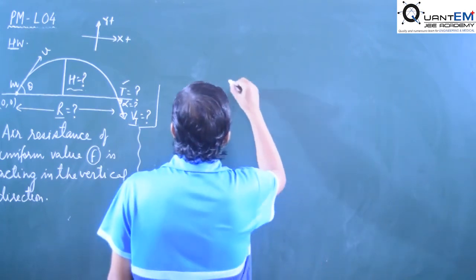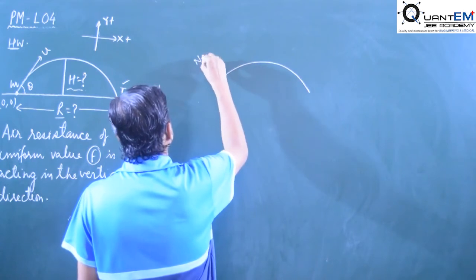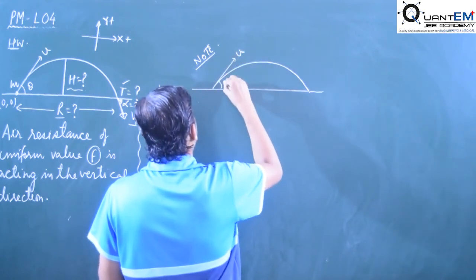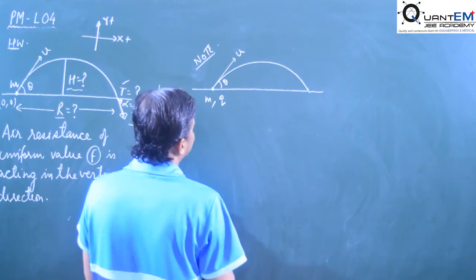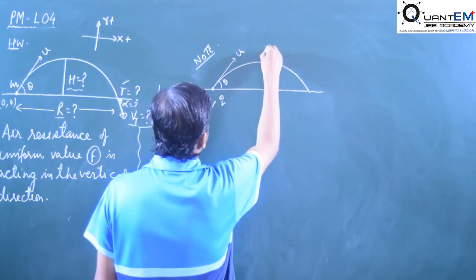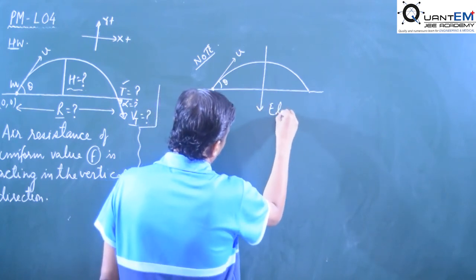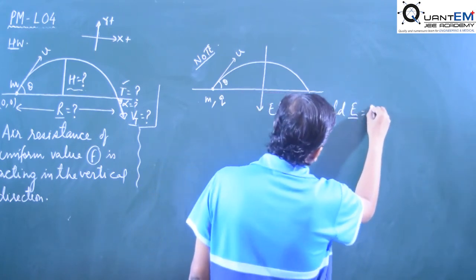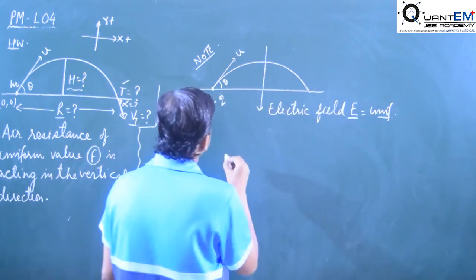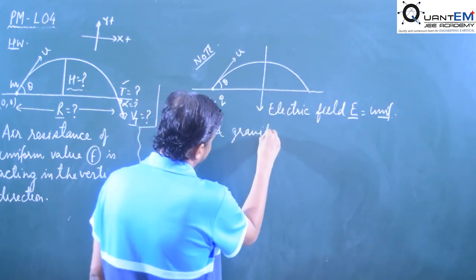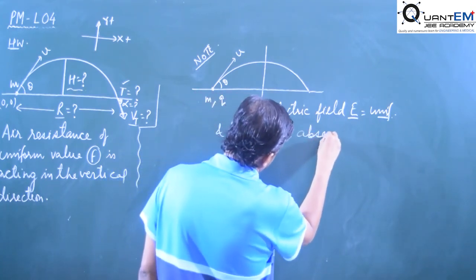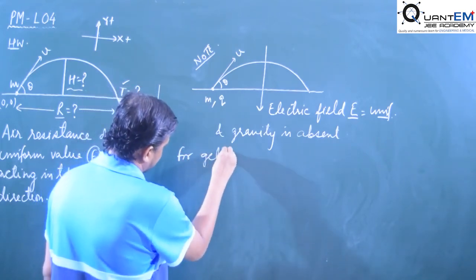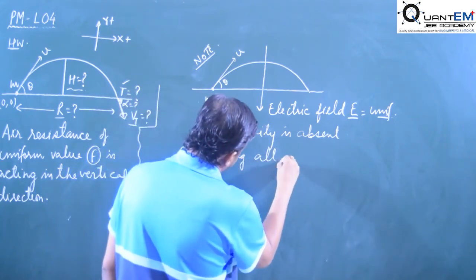now say in the oblique projectile, the projection speed is u, projection angle is theta, mass is m, charge is q, and suppose this charge is positive, and an electric field of uniform value E is given, and gravity is absent here. Then for getting all the results,